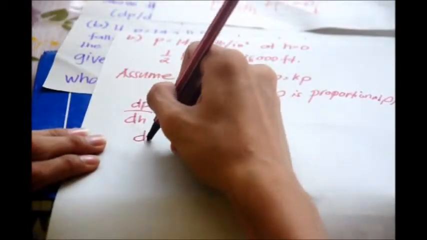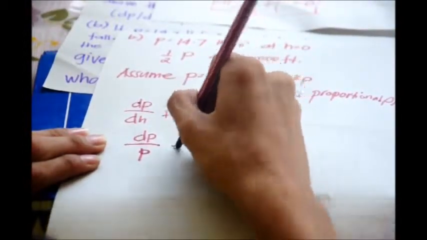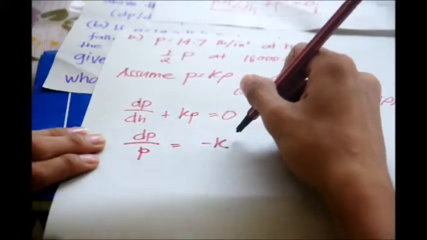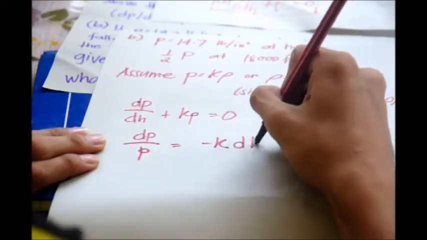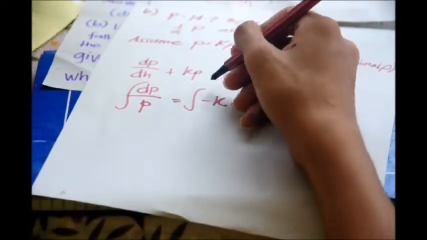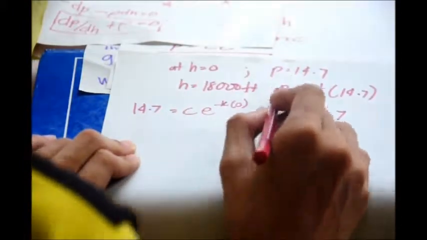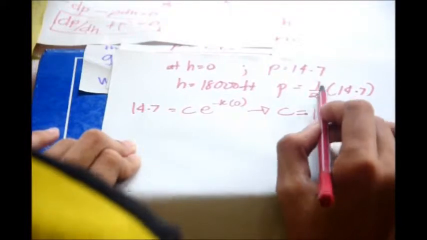So dP over P equals negative K dH. Integrating, ln of P equals, using the second condition, which is H at 18,000 feet and P equals 14.7 over 2,